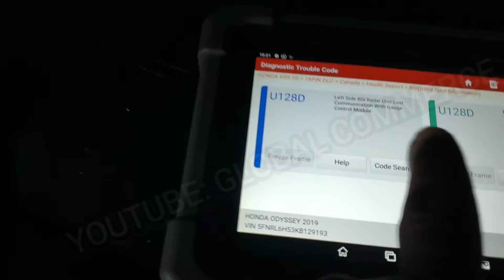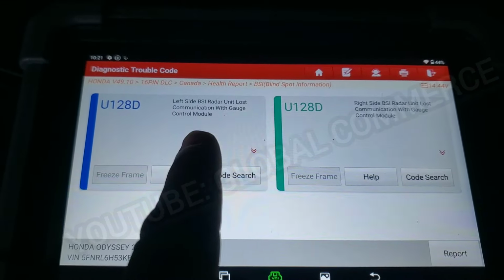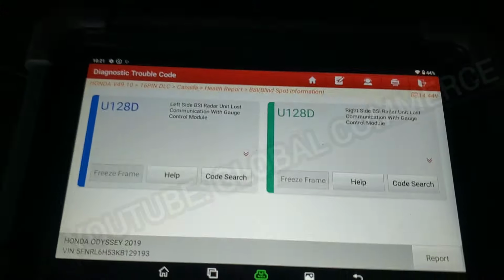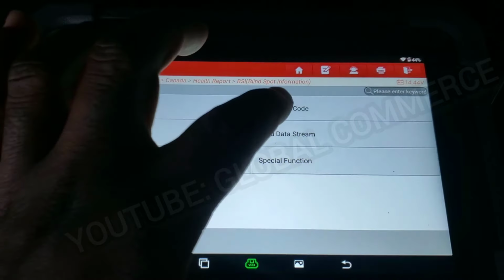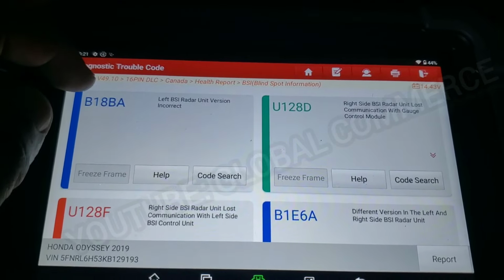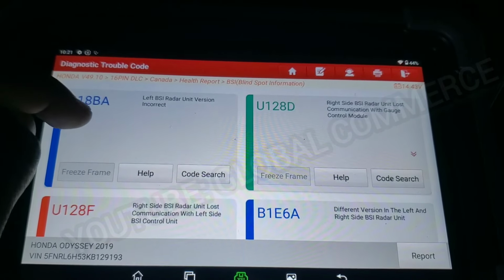what we see. The main thing we want to do is see if we can get rid of the communication loss between these modules and the actual cluster, right? So we're going to go back. We're going to go read fault code because we got a different module, and we got radar version incorrect. Okay,